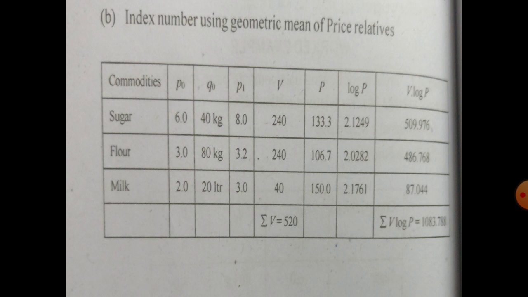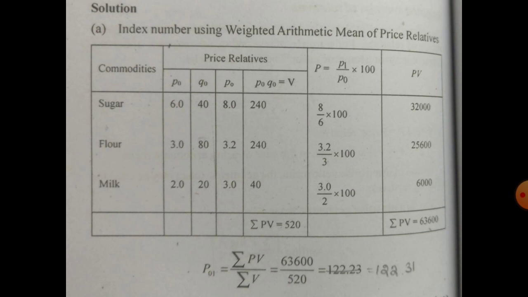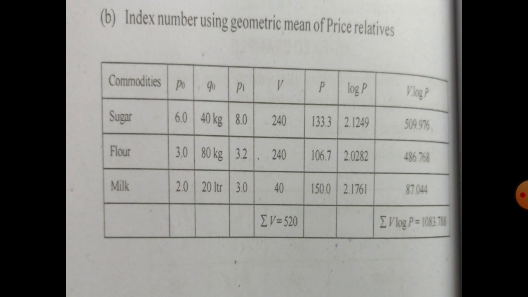The second subdivision is where we use the geometric mean. For geometric mean, the P values will be as it is. In the same tabular column you can find this, no problem. In addition, we take the value of log P and V into log P. You can add two columns, or otherwise go for a separate tabular column. V is as it is and P is as it is. Only find log P, and finally multiply it with V. So log P is 2.1249,